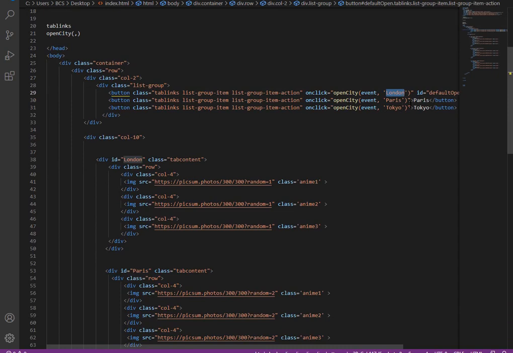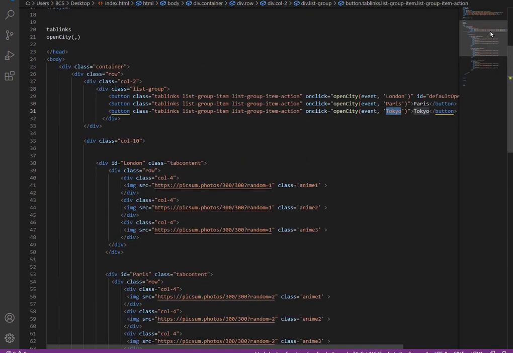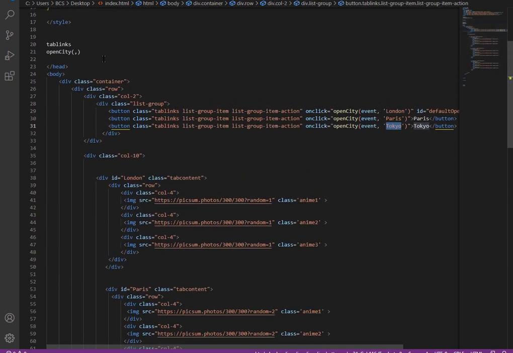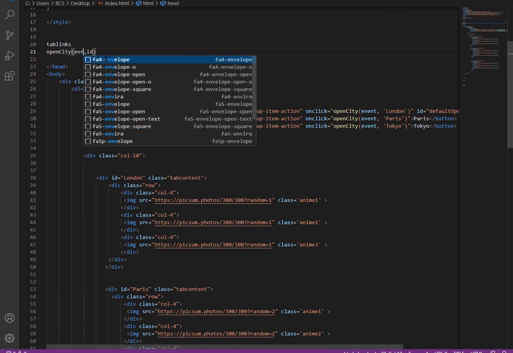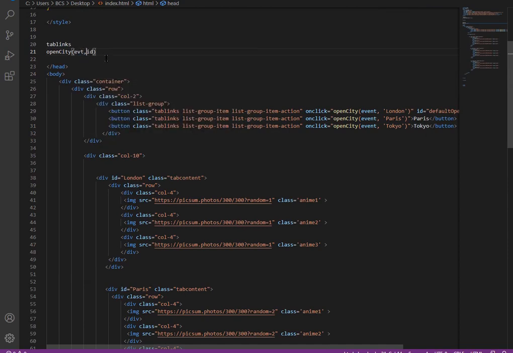This is London, and this is the ID of the first div, and this is Paris, and this is the ID of the second div, and as you guessed, this is going to be the ID of the third div. First we are passing the event, you can give any name, and the second one is the ID. We will be accessing this just to know on which button we have clicked.